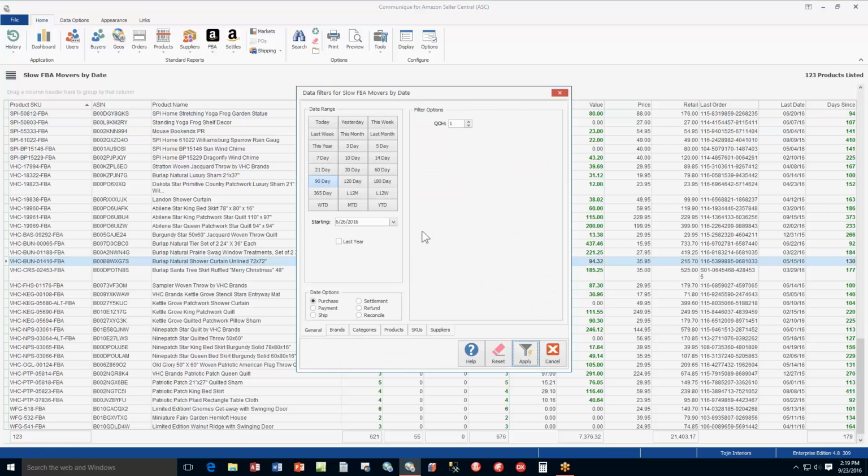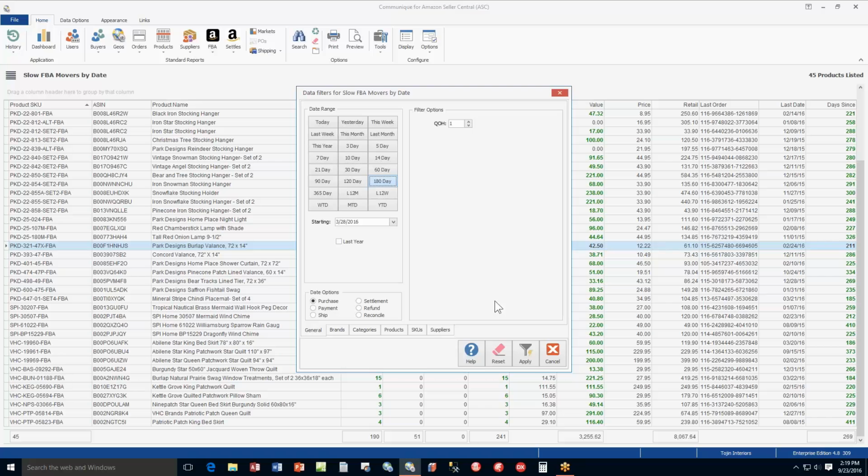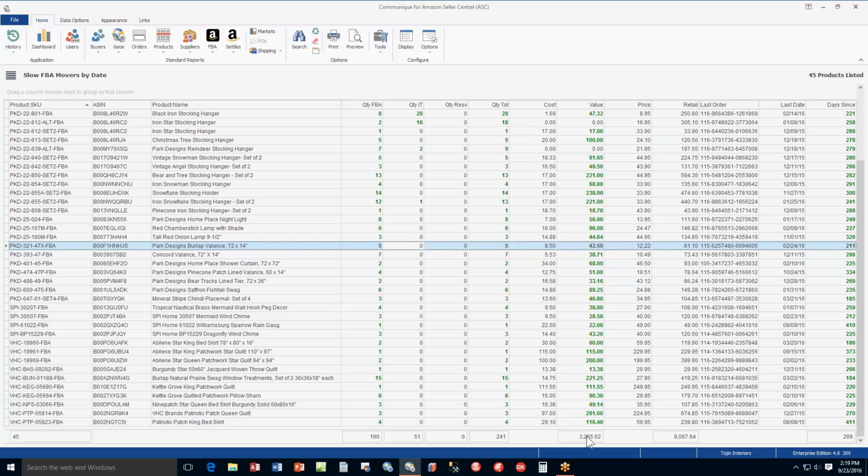So we can actually come back here and say, let's look at the last 180 days, which is 6 months, with no sales in the last 180 days. If you want to go back further in time, you can say they haven't had a sale in 6 months. Well, that number is different. In other words, in the 90 days, they had some products between, let's say, 180 and 91. They had some sales, but prior to 180, these are ones with no sales. So these are probably even more critical, meaning that there's $300 worth of inventory sitting out there that hasn't even sold in the last 6 months,